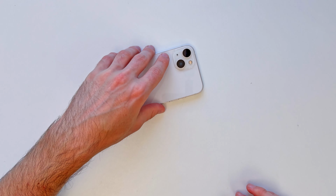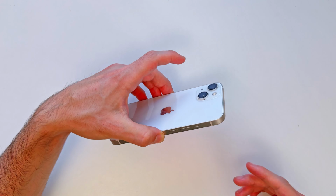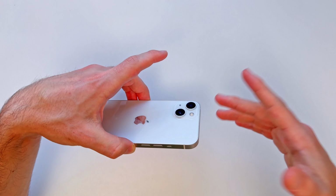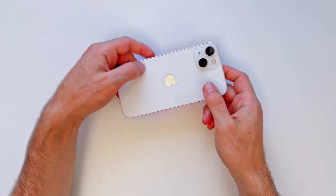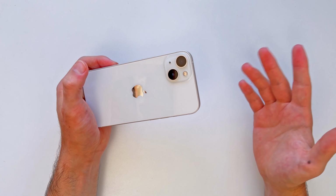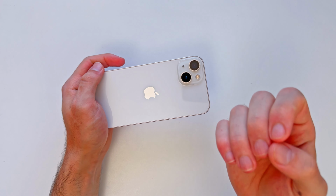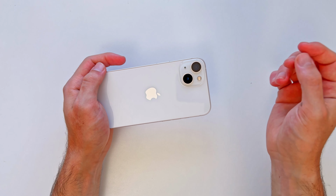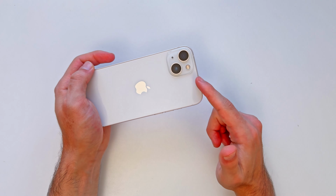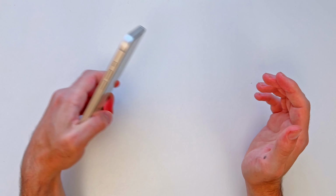A lot of times you want to take a group photo or you want to take a selfie and it's fine. These cameras are fine. You want to take a general photo of a place or a building or something, it's fine. But what about those times you want to take a photo of something that's far away, or you want to take a close-up of someone's face because it looks more professional? You maybe want to take a photo you want to frame later. You cannot do that with the iPhone 14 unless you physically move the phone, which